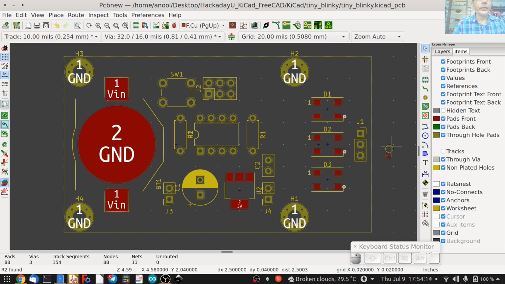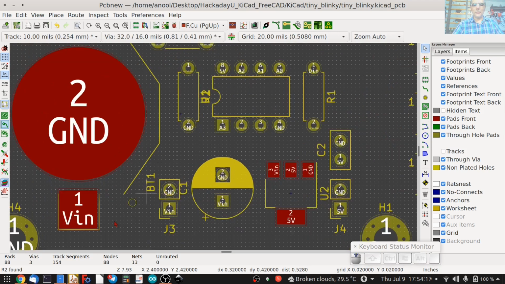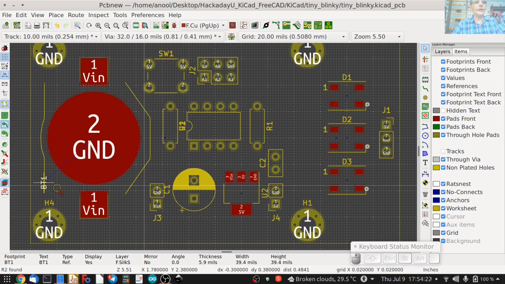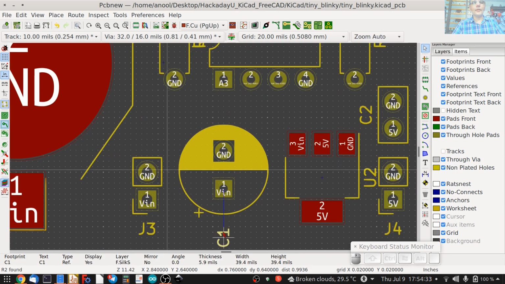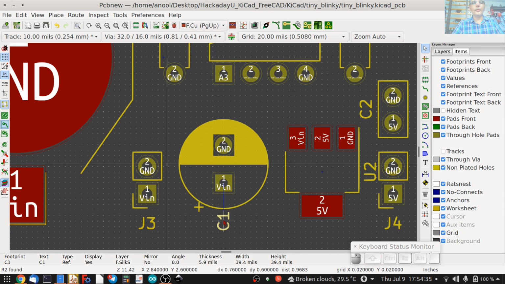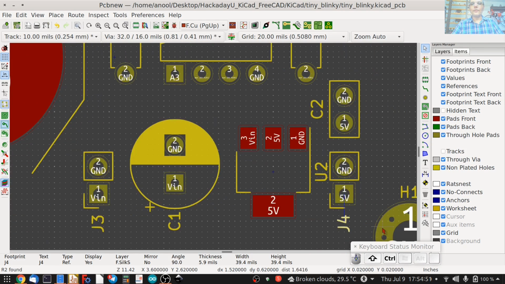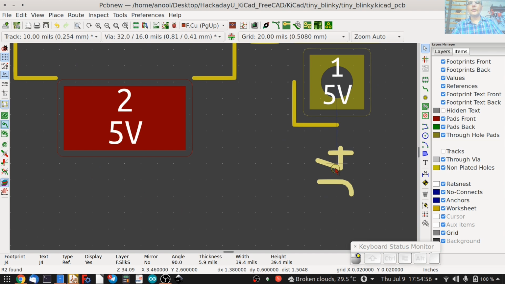So now I can start placing the reference values, example battery, replace it here. Also make sure that all text is at a uniform orientation. C1, I like to place it near the positive pin. J3, just rotate it 90 degrees, keep it here. If you find that there is certain text like J4, if you notice after I move it, it flips over and it doesn't allow me to place it upside down. I can only place it upright.